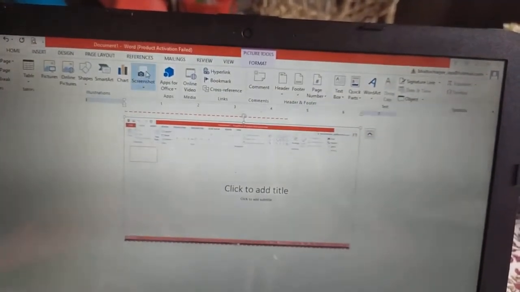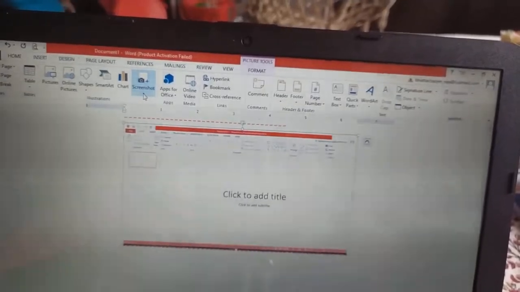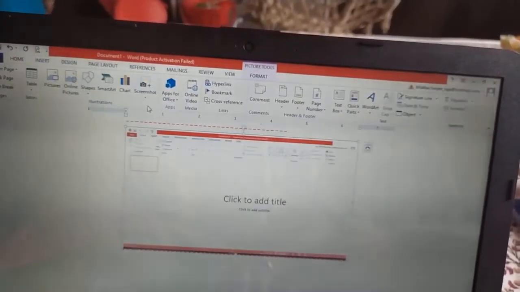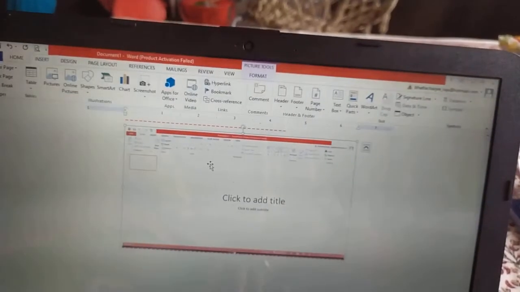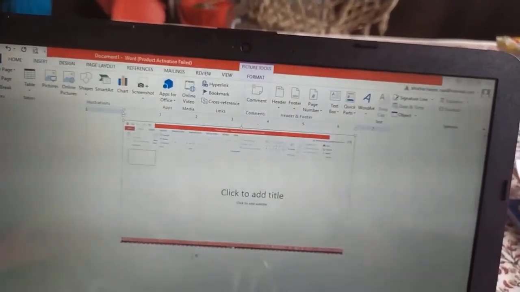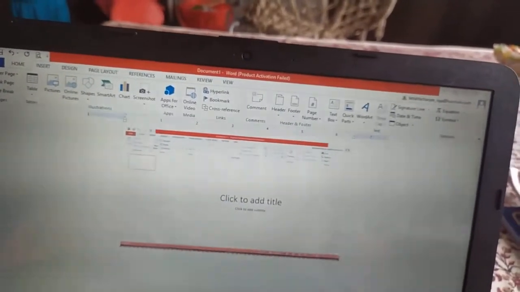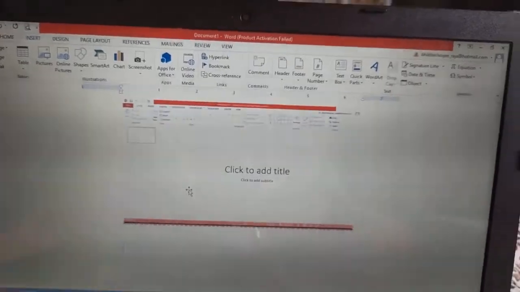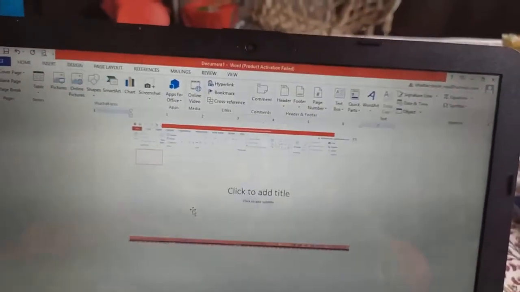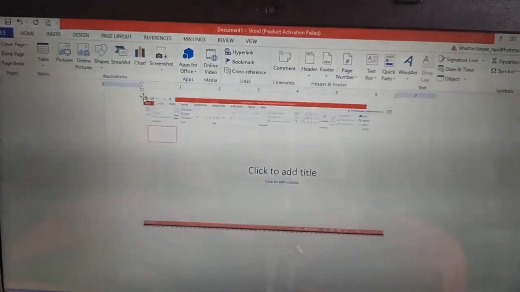And then we can insert the screenshot. Our screen is inserted.